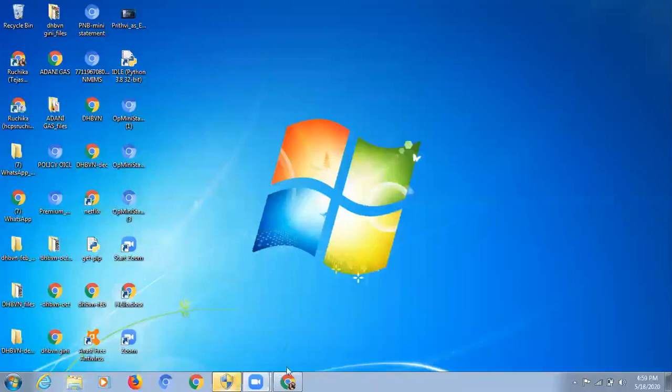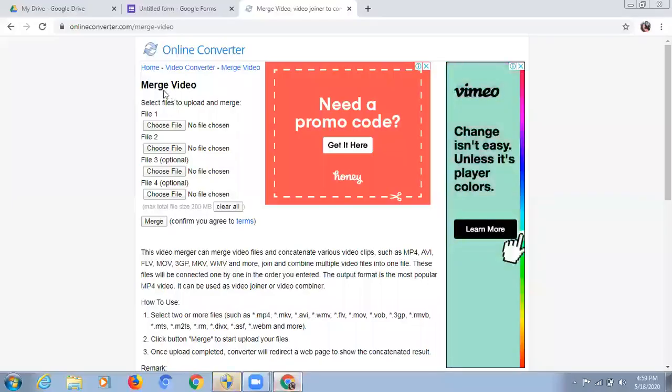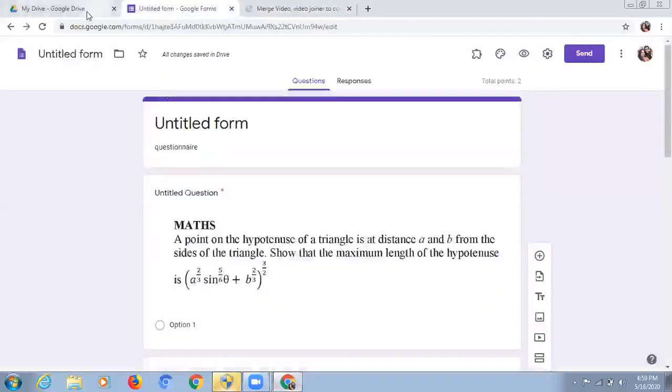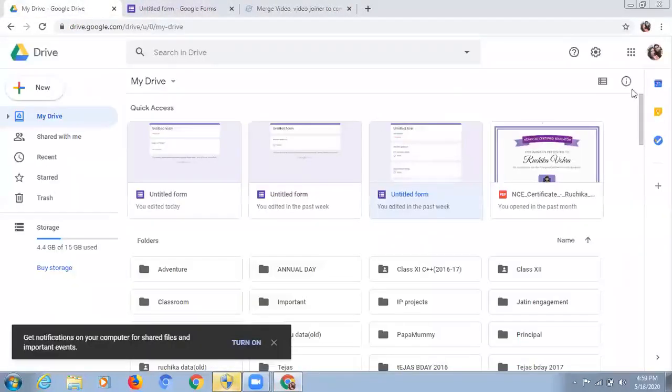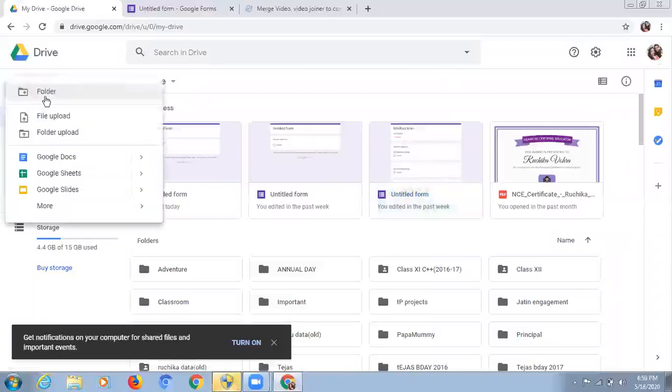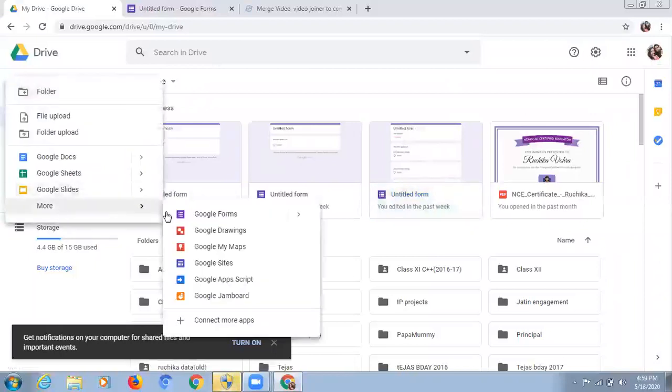So I'm going from scratch and I have clicked over here, and this is my Google Drive, and let me just create a new form or a new quiz, Google form, and here it is.